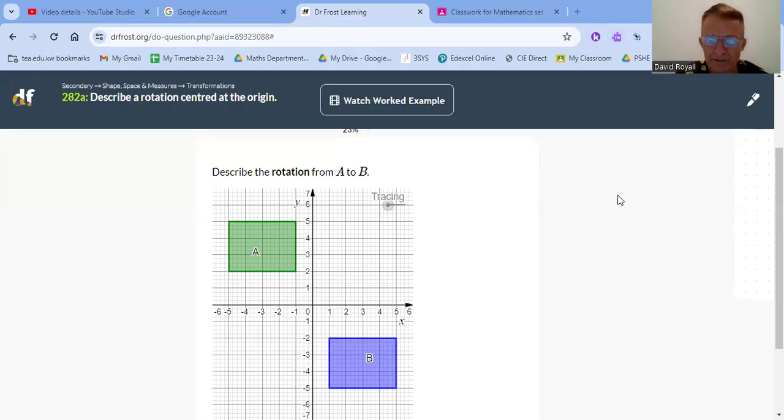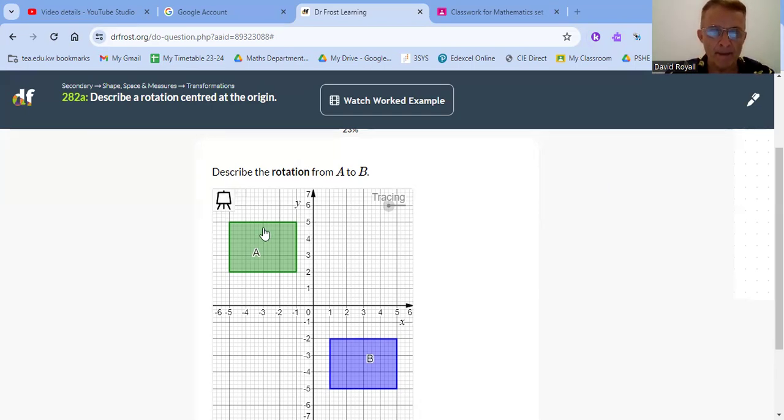Okay, Dr. Frost. Let's have a look at a rotation. That one there. Okay. Now remember a rotation goes round and around. If it goes round this way, it's clockwise. If it goes round that way, it's anti-clockwise. Clockwise, anti-clockwise. Okay, so that object over there, the green one, let's think, how did it get